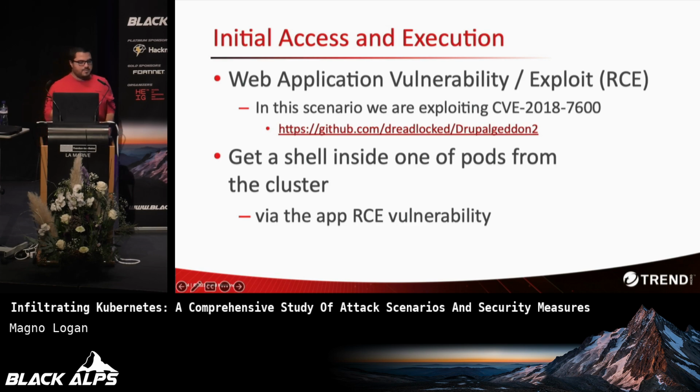But this is what happened, right? The application vulnerability that was exploited was CVE-2018-7600. The exploit is available on GitHub, and you just run it against the target application. We exposed the Drupal application via a load balancer, but we didn't post it anywhere. It was just a long URL from the cloud provider, and we didn't publish it anywhere.